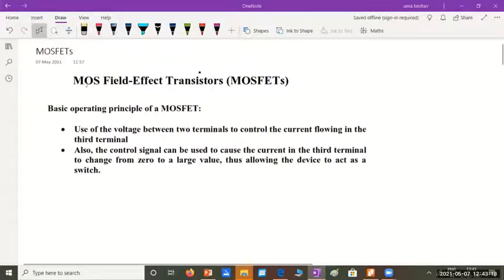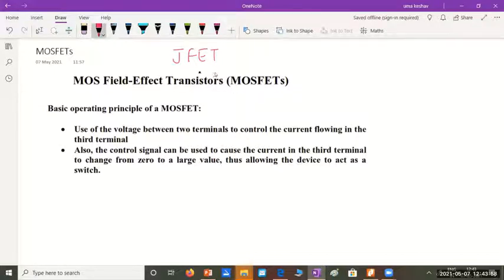So what is the full form of MOS? Speak fast. I want you people to be speaking. Metal oxide semiconductor. Okay. What is the other type of FET? JFET. Yeah, JFET. What is the full form of JFET? Junction field effect transistor. Correct. Junction field effect transistor and metal oxide semiconductor field effect transistor. Okay, these are the two types of FETs.